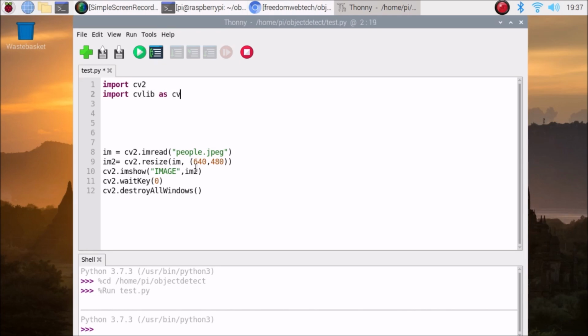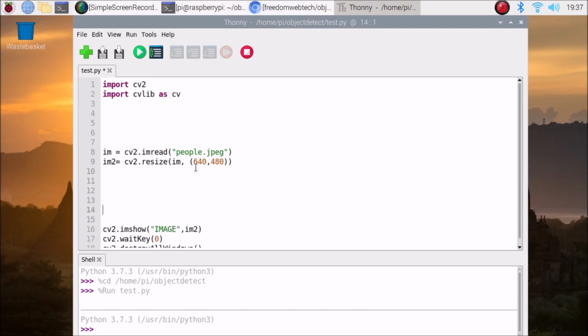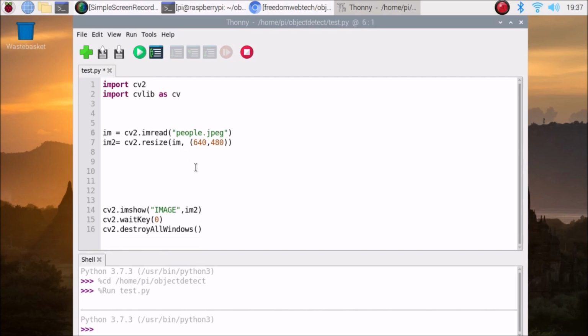Then, where we read and basically resize the image, we need to mention the x, y, and z. Here x is basically the bbox, y is basically the label, and z is basically the conf.